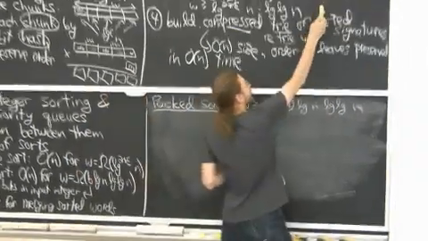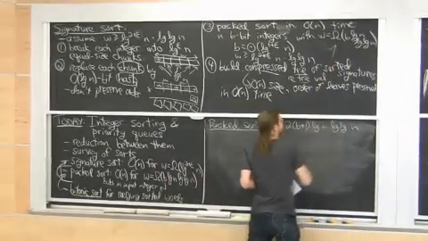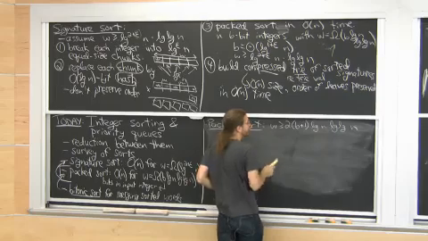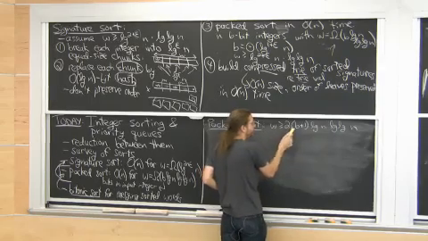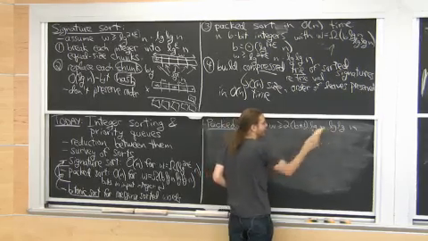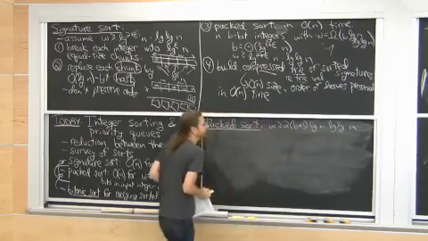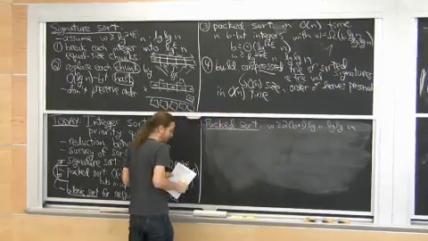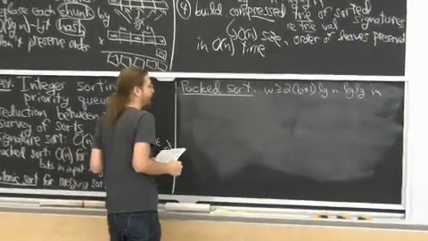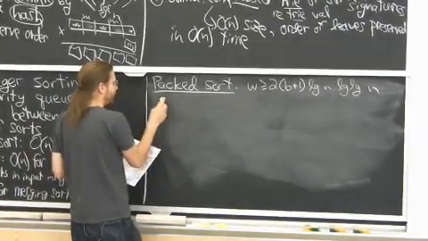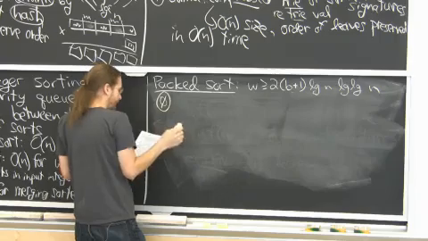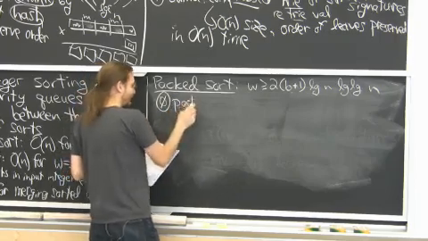Before we said omega, I'm going to essentially make omega a little bit bigger than 2. So I want to assume that w is at least twice (b plus 1) log n log log n. That's just to make this convenient, but of course it doesn't really matter what the constants are. This will make everything fit in one word, though, instead of a constant number of words. OK, step 0 of this algorithm